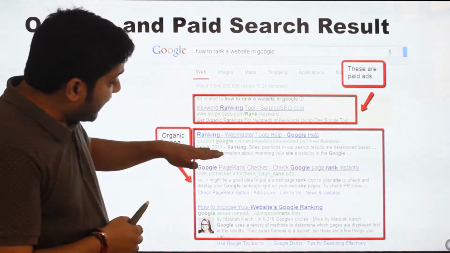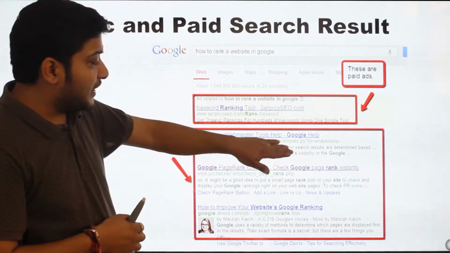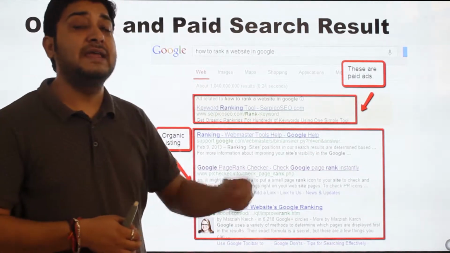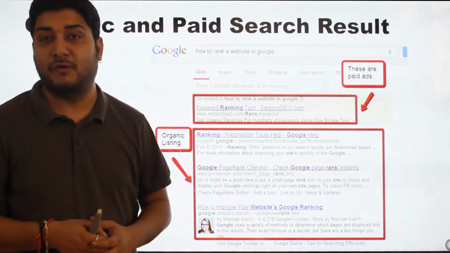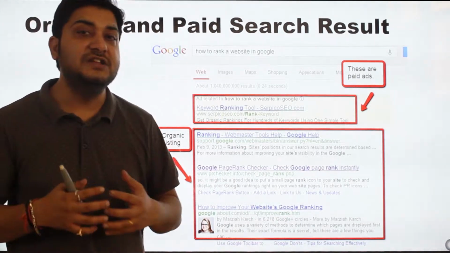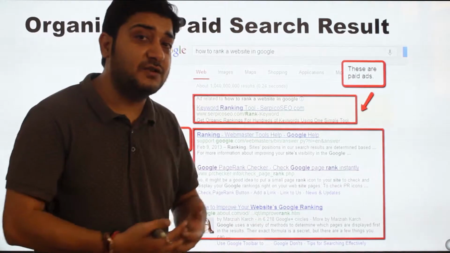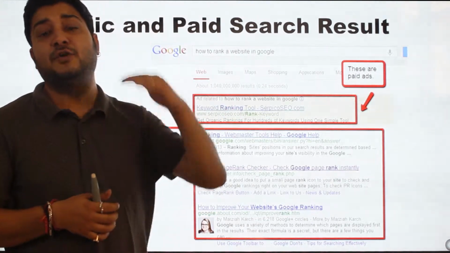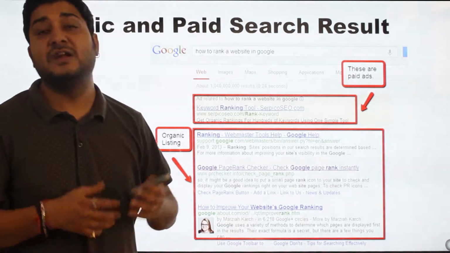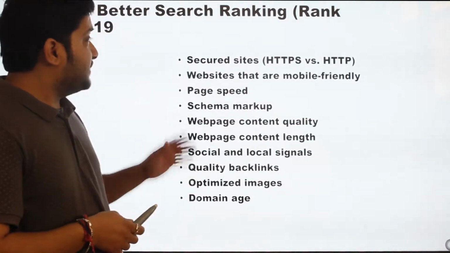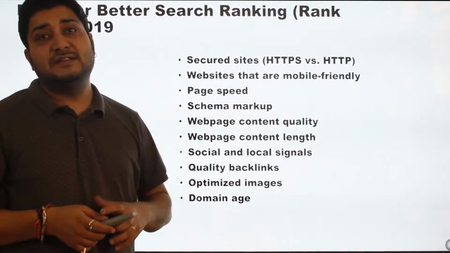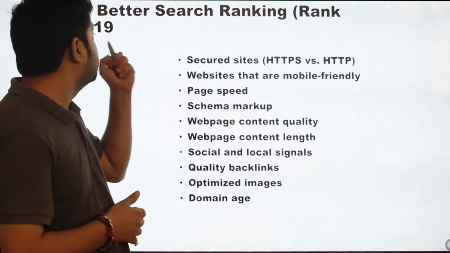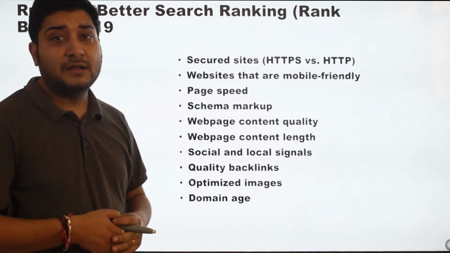And in order to rank over here, especially in the first position, there are certain ranking techniques that you have to follow for your website so that the search engine actually evaluates your information, and then for a certain type of keyword it gives you a better position in the search engine results. So let me tell you that in 2019 Google recently updated its algorithm, which is RankBrain, and